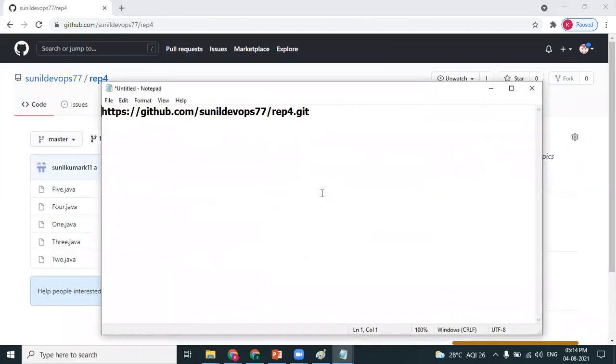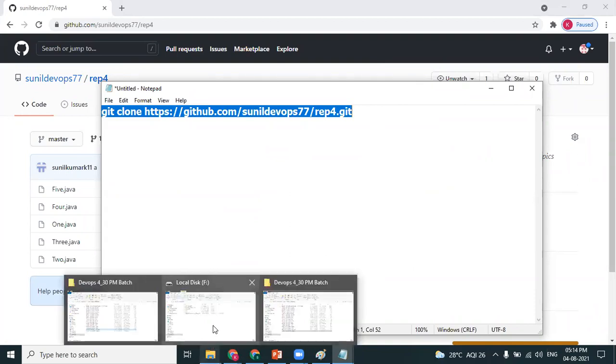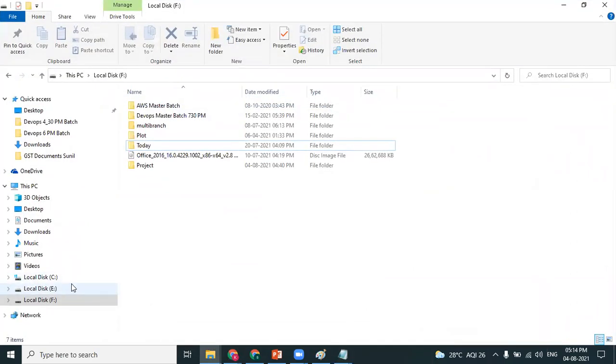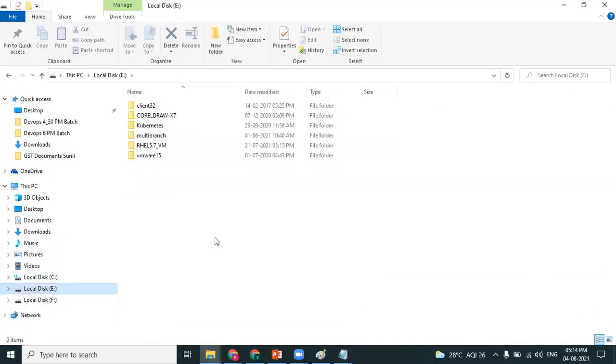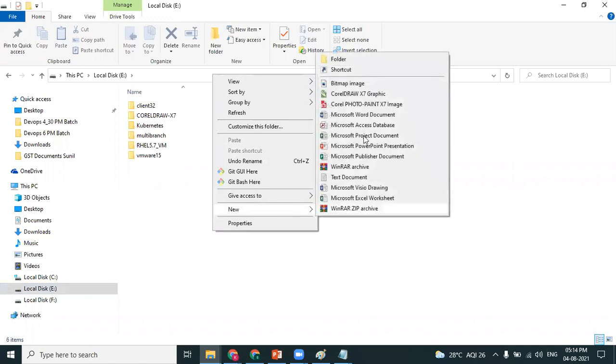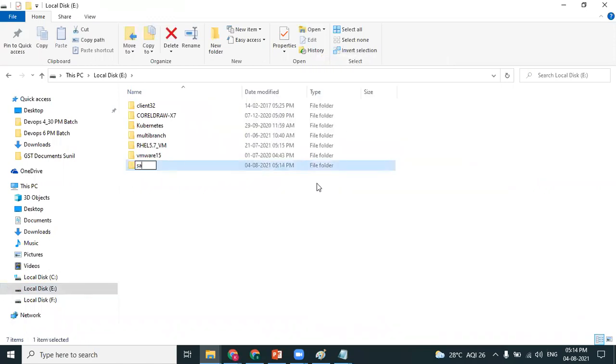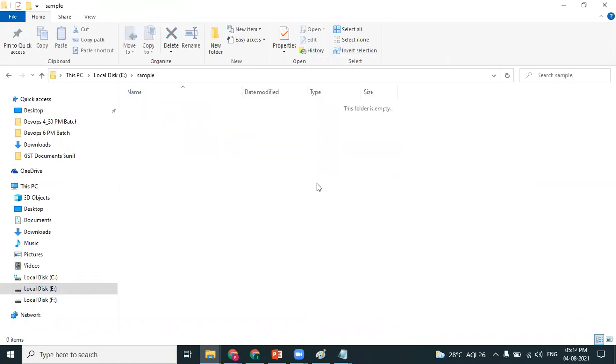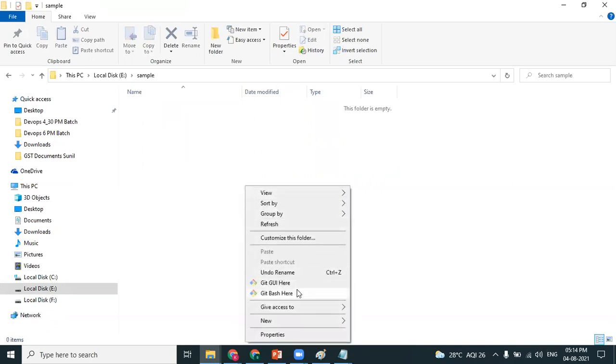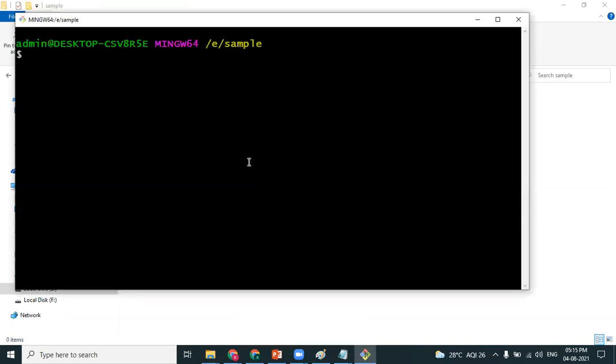So we have a command called git clone. We have a command called git pull. When you use this git clone command, it gets downloaded. Let's say, for example, anywhere you can download it. Let's say I want to download it in my E drive. I'm creating a new folder. Folder name can be anything, isn't it? So I'm creating a folder called Sample, and I am opening a Git Bash, and then